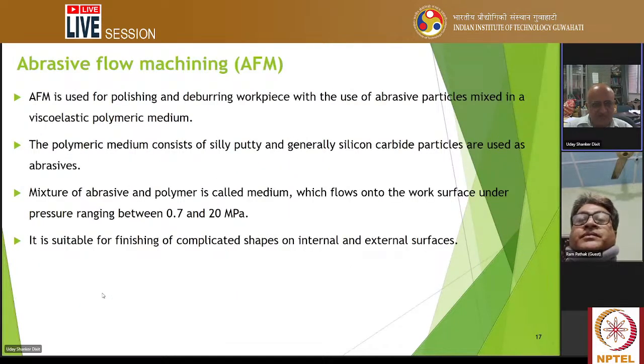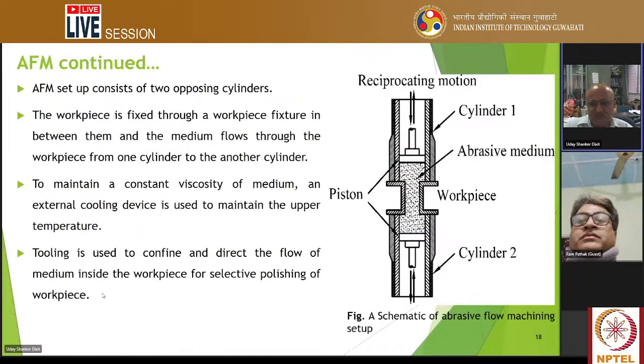abrasive flow machining. What is the difference between abrasive jet and abrasive flow? In abrasive flow machining, abrasive particles are in some fluid, putty type of material. In that it is moving like this. So this is abrasive flow machining. Okay. In that we have